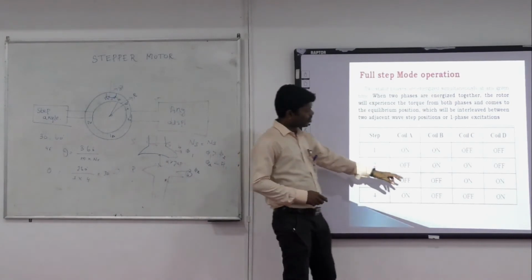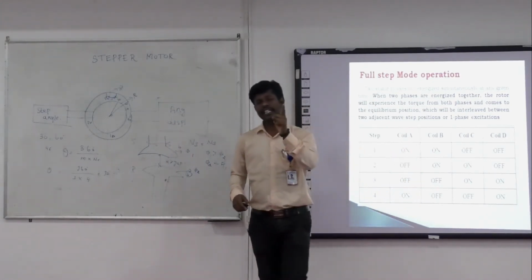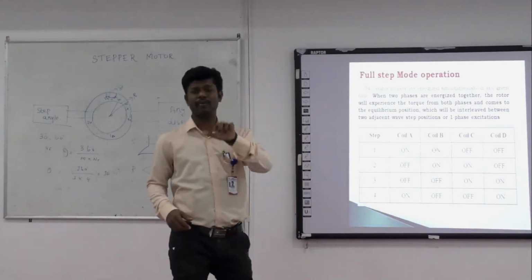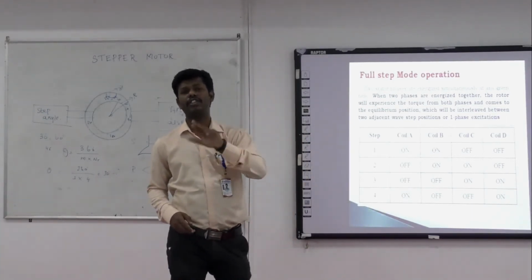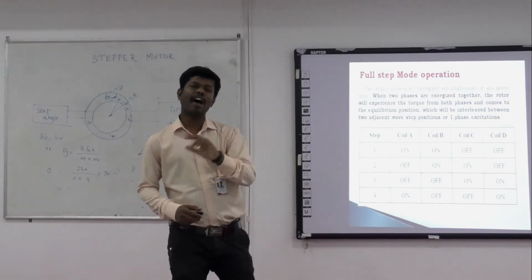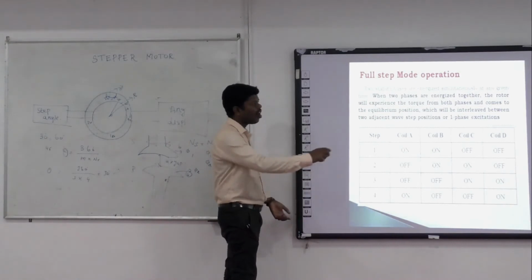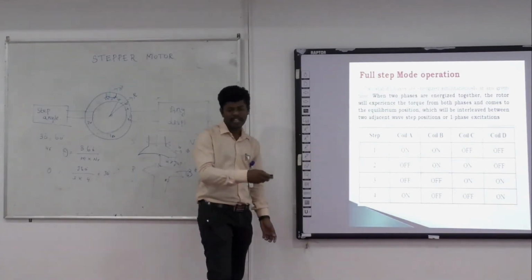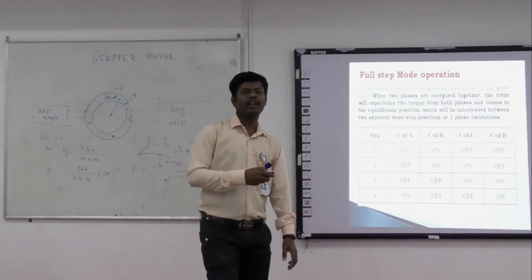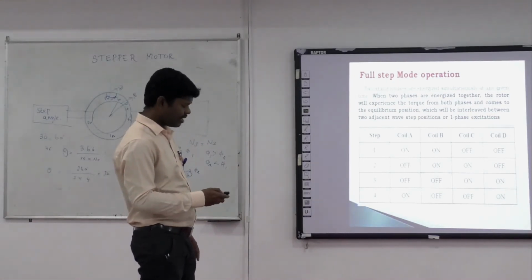So next, coil D will be energized. Then coil C acts as flux phi 1. Then coil B acts as phi 2. Then the angle rotates. Same method with coil D acting as phi 1. Then coil A acts as phi 2. This continues sequentially in full step operation. Sequentially it's running for our system. This is called full step operation of the system. This one is the basic excitation principle.